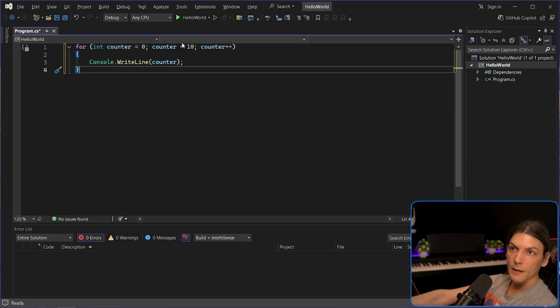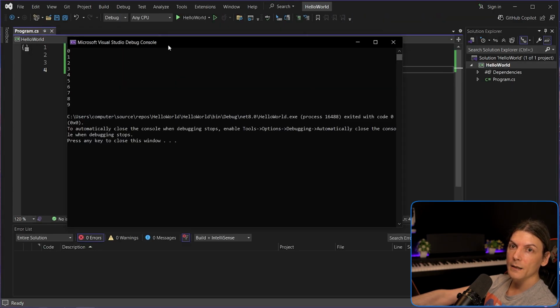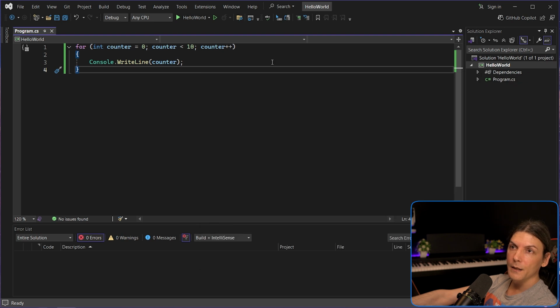Condition check, 2 is less than 10, yes, and so on, until counter would have its value as 9, where incrementing it would make it 10, which is not less than 10, the condition would be false, and the block of code would not be executed, the execution would continue with whatever follows after,